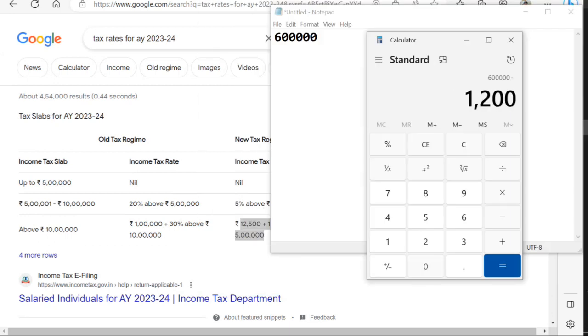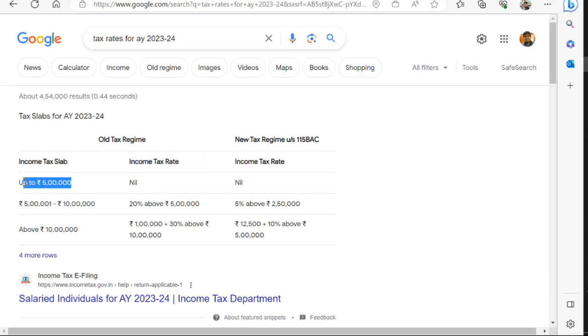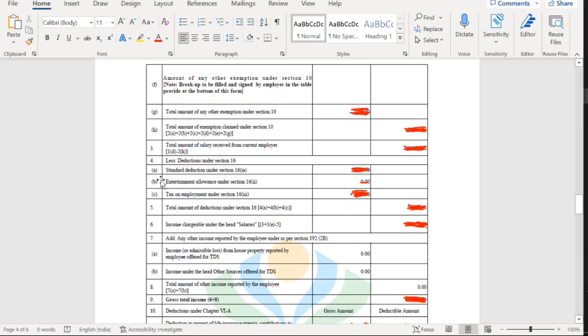So after deducting the HRA, your total earning will be showing as 4 lakh 80,000. For 4 lakh 80,000, there will be no tax, because as I said here, up to 5 lakh, there is no tax, right? So that is why we share all those exemptions,